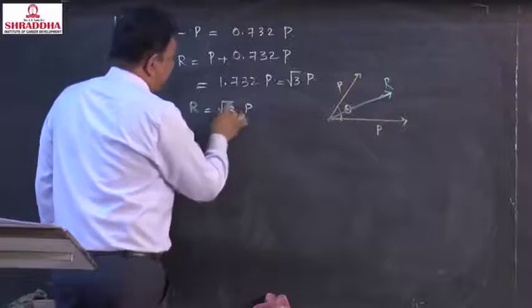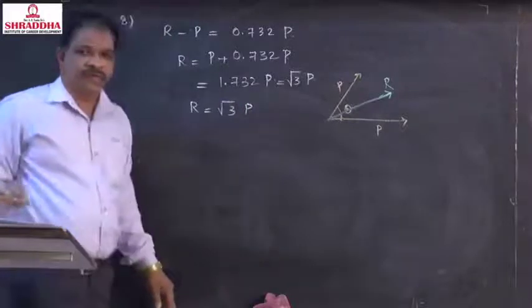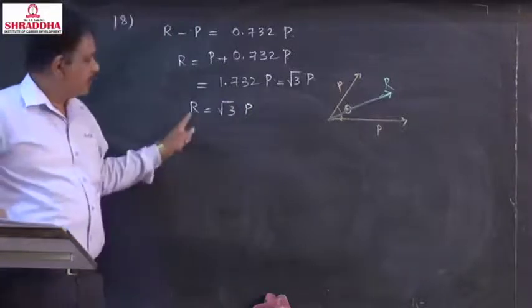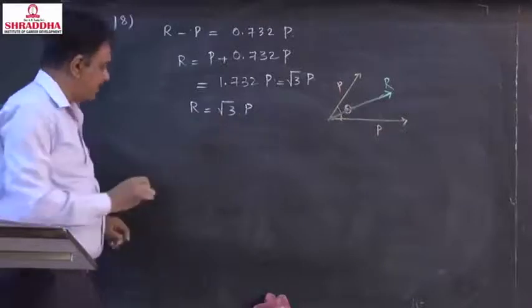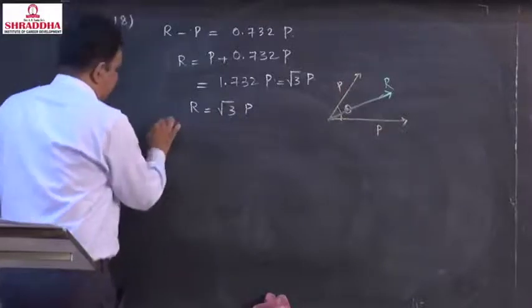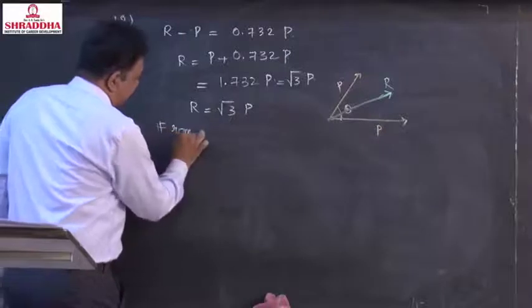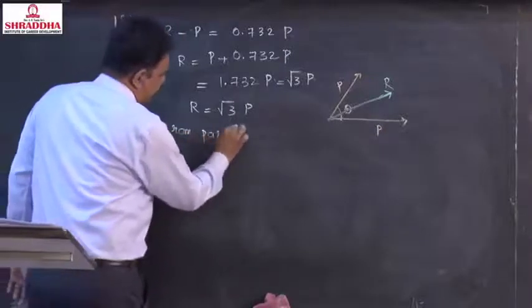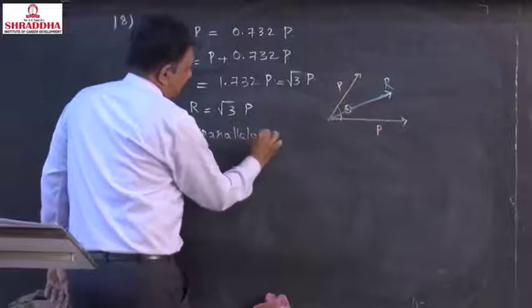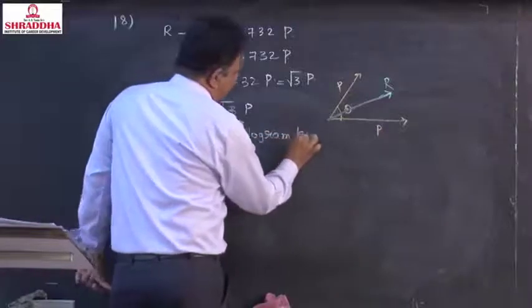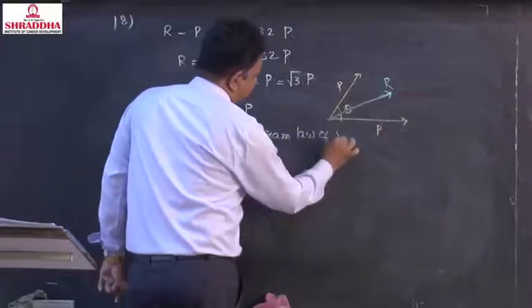To give this directly, they mentioned all this story actually. So the resultant is root 3P. What is the parallelogram law of vectors? From the parallelogram law of vectors,